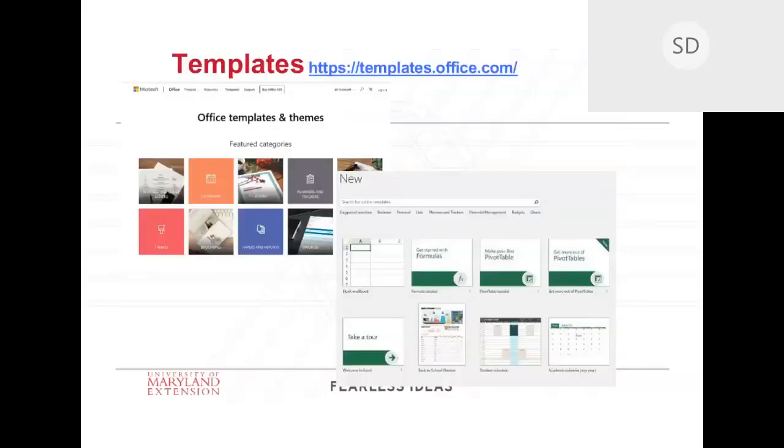So I mentioned how great going online is. I've watched YouTube tutorials on how to do things. I've gone to the templates. If you click new, you can go to the templates office, and you can download all kinds of things. So say you want a timesheet, or say you need some travel forms. A lot of those business type things, what do they have? Back to school planner. I mean, they have all kinds of things on here that you can at least get a template for. You can also search around and find other types of templates that you can download, but this is really a really helpful way to get started.